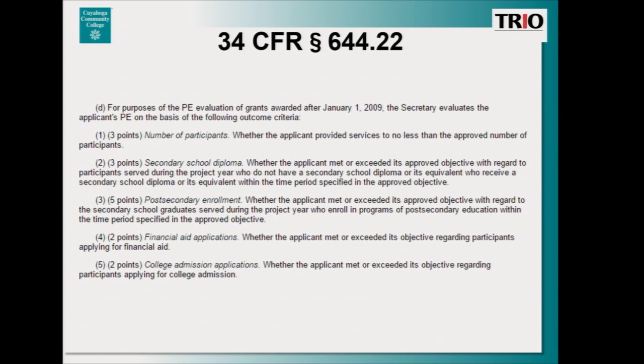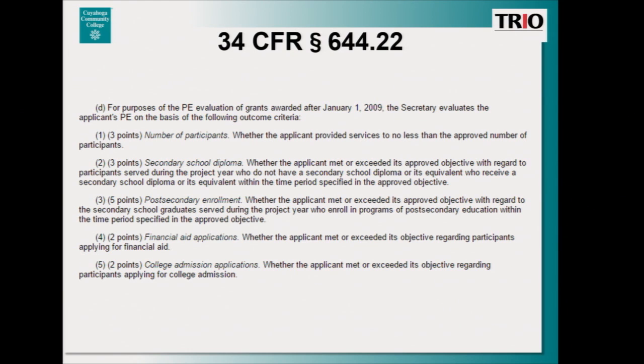So whether or not your program met or exceeded its approved objective with regards to the participants served during the project year who did not have a secondary school diploma or its equivalent, who ended up receiving a secondary school diploma or its equivalent within the time frame specified in the approved objective.